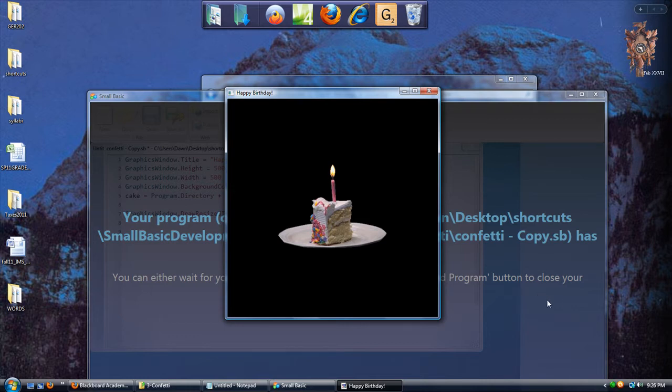Okay, so now we're ready to use the for loop within the context of a GUI application. And I've actually taken the idea for this next program from your Small Basic Manual, and that would be the confetti program that they talk about in the Small Basic Manual. I've modified it a little bit to make it more festive, and basically we have just a simple black window